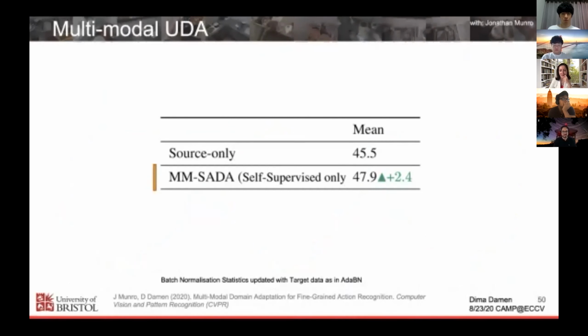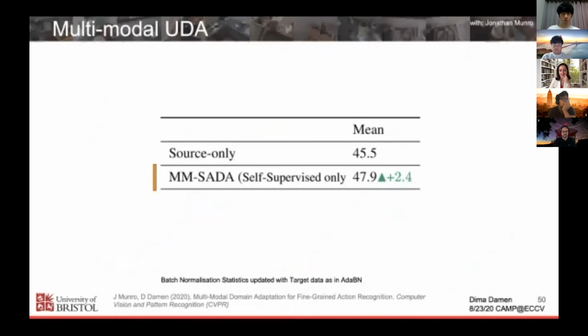These are some of the results. So if you use source only, that's the performance you get. Purely by the self-supervised task, you're achieving better alignment and thus improved performance. Purely by the adversarial, you're achieving good performance, actually better than self-supervised alone. But their combination consistently outperforms. And what you see here is a mean across 6 different experiments between different kitchens. Right, we can look at the paper for more details.